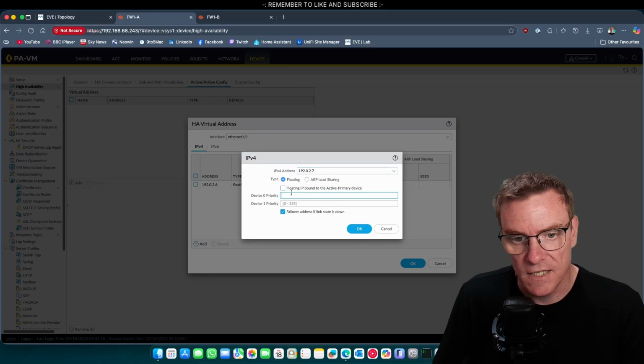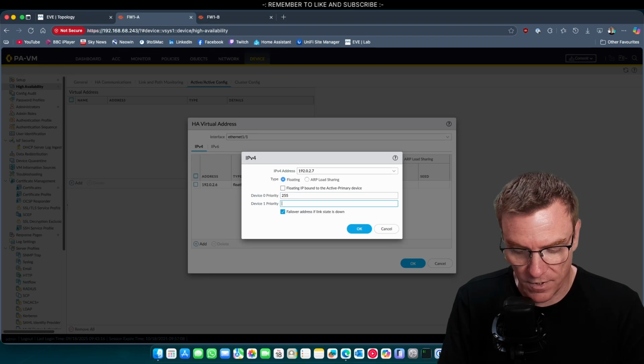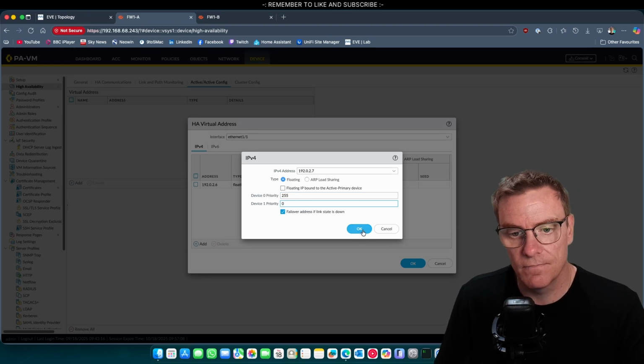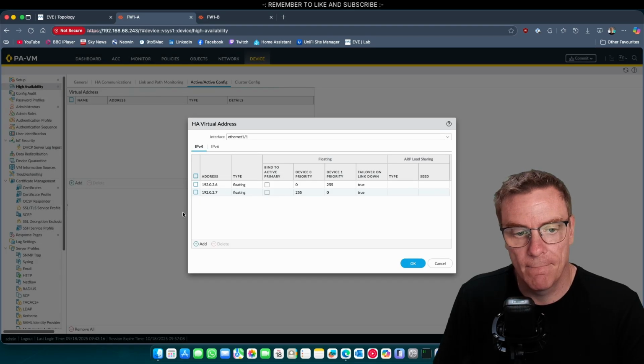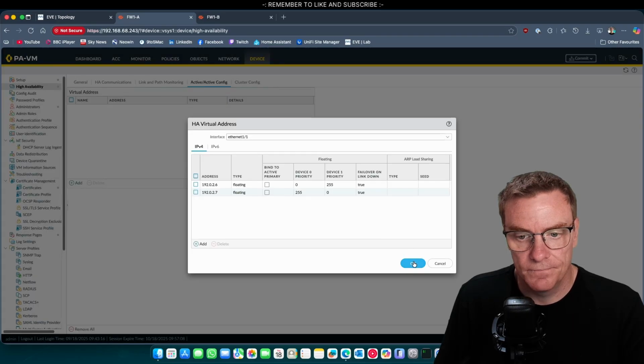We're not going to tick that it's bound. And then for device 0, we don't own it. Device 1 does. Okay. Then for our inside interface,